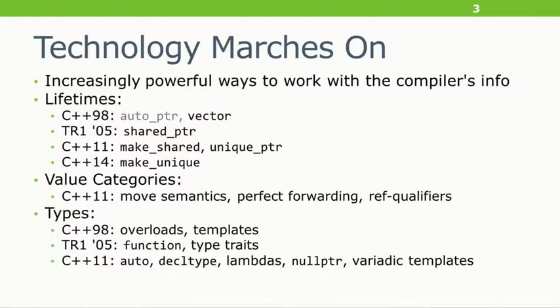You couldn't do that in C++03, even though the compiler always knew the type of the initializer. Or decltype, which is even more hilarious. In C++98, if you're a library programmer, you know what I'm talking about. You just could not ask the question of the compiler, what is the type of this expression? Of course it knows, and if you pass it to a function template, it'll give you the type there, but you can't get it out at the higher level. Decltype lets you do that, and we're going to see an extensive example of that.